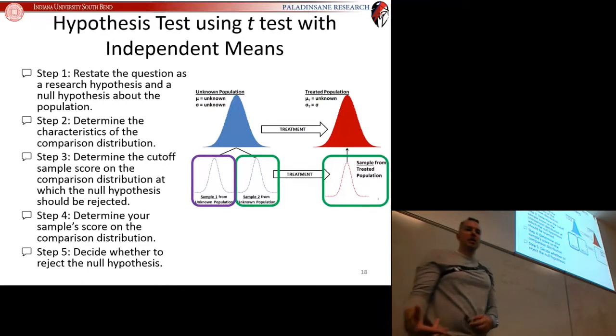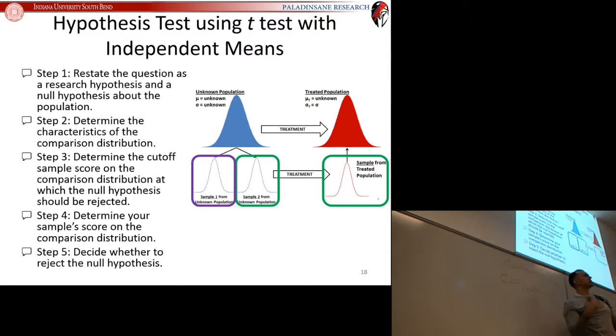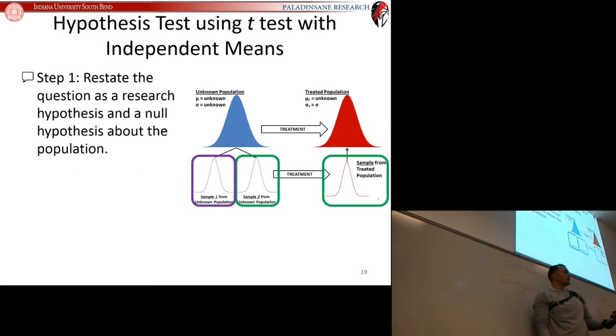All right, so let's get going on the hypothesis test using a t-test with independent means. So once again, new t-test, same hypothesis testing procedure, same 5-step procedure that we've always been using. So once again, let's go to the